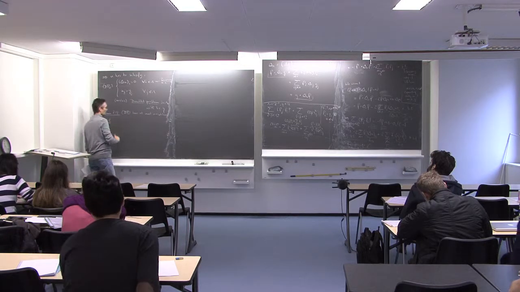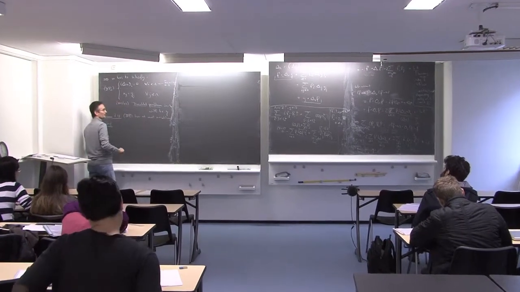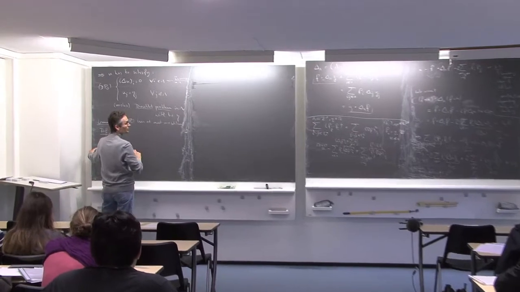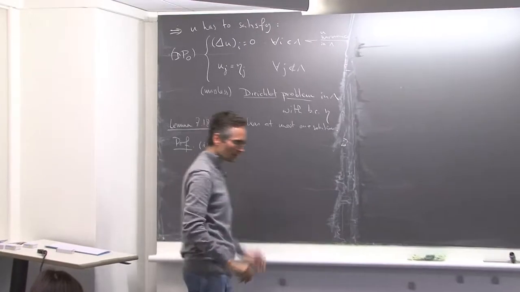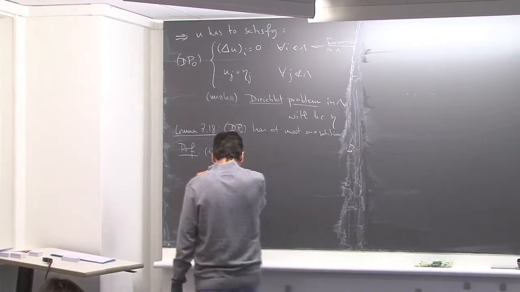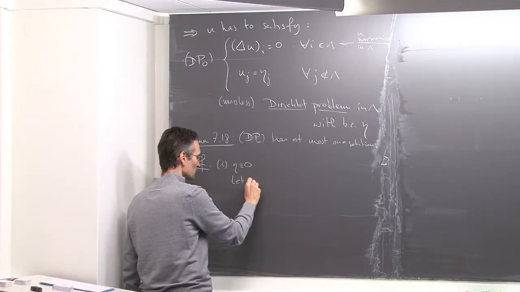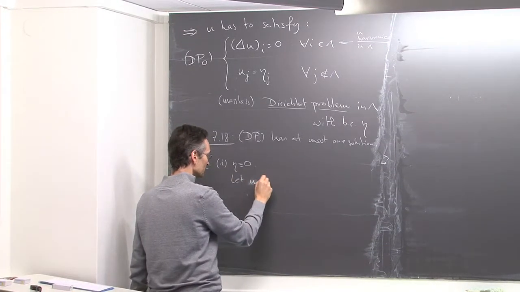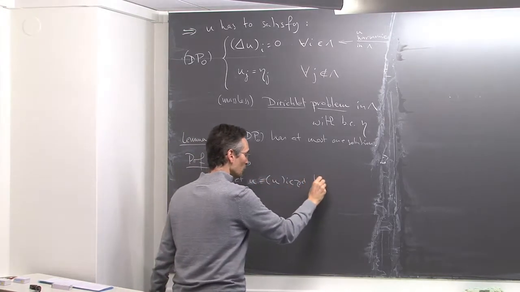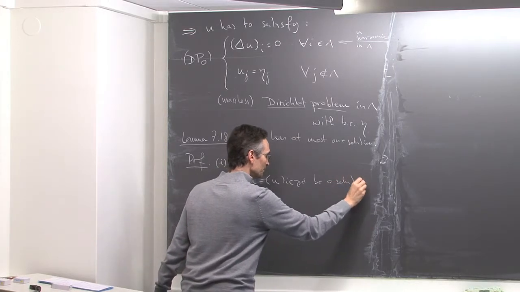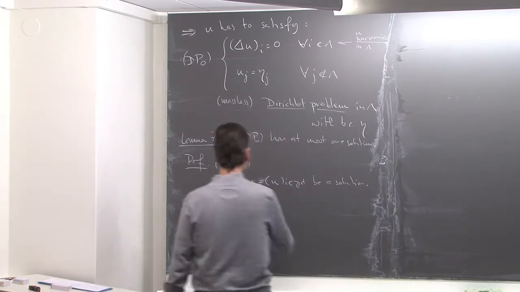The proof is very, very simple. One way to do it is to start with a particular case, where you have zero boundary conditions, so eta equals 0. So, the case eta identically equal to 0. Let's assume there's a solution. So let u equal (u_i), i in Z^d, be a solution. And we'll show that u is identically 0, so there is only one solution.